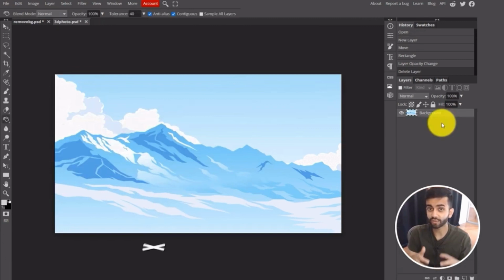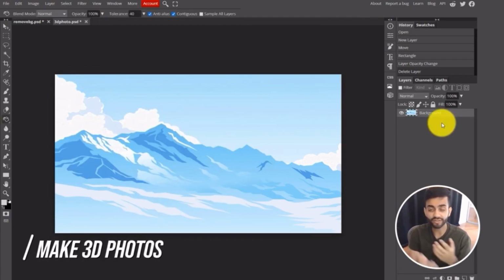You can also use Photopea to create 3D photos, which is super cool. Now 3D photos can be used on platforms